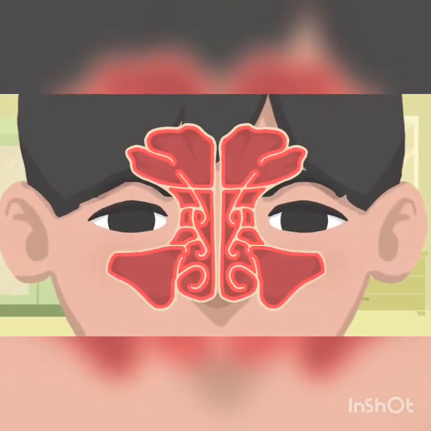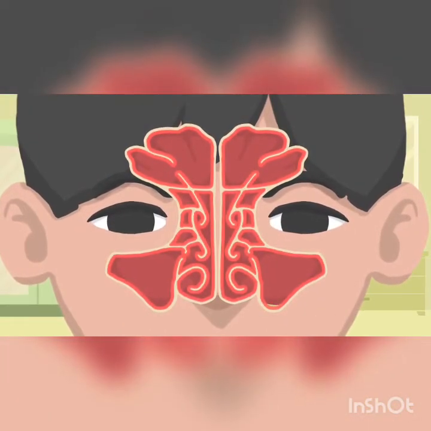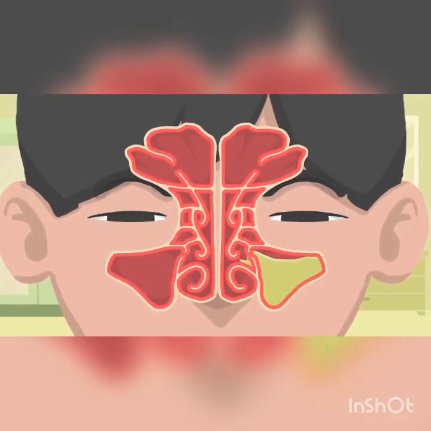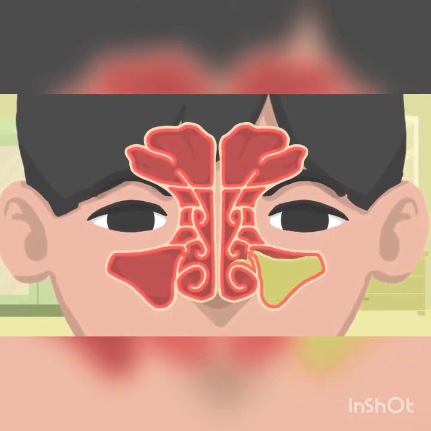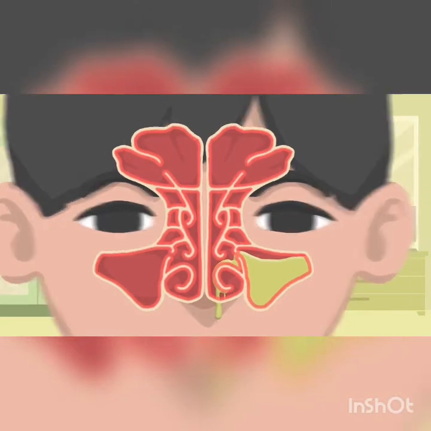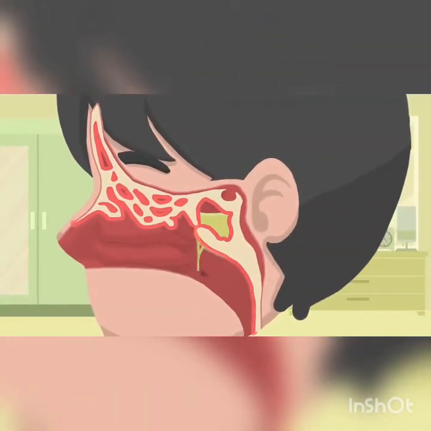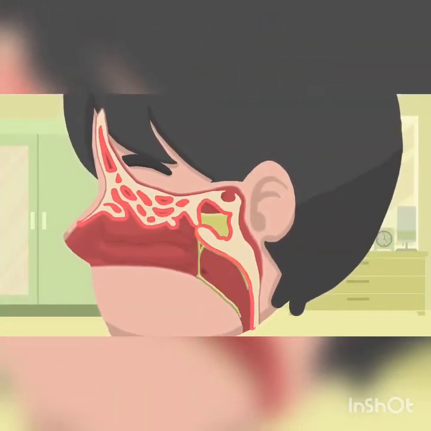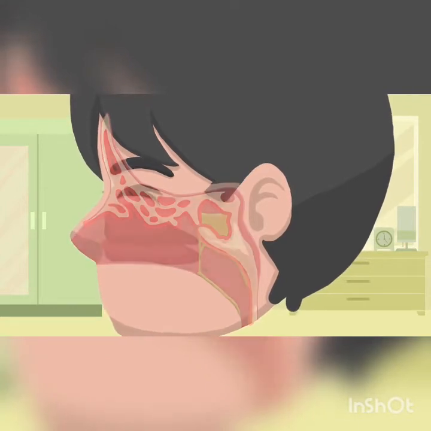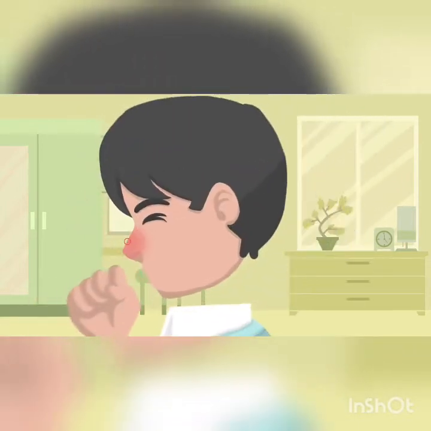Also, since the mucosa is inflamed, it will produce lots of mucus, which is going to drain into the nasal cavity through sinus openings or ostia. Once in the nasal cavity, there's only 2 things it can do. First thing is to come out of your nose, so people will notice nasal discharge. The second thing it can do is go to the back of your throat, as the back of your nose is related to the back of your throat, and there it causes irritation and causes you to cough.